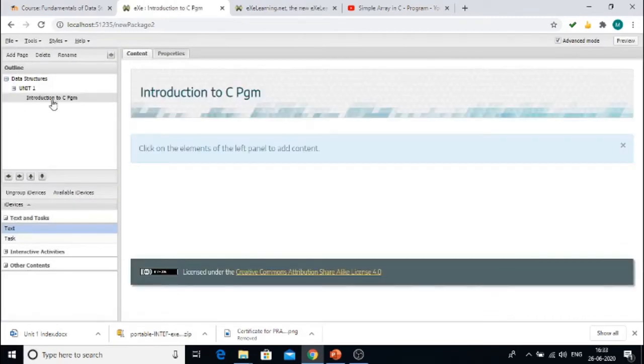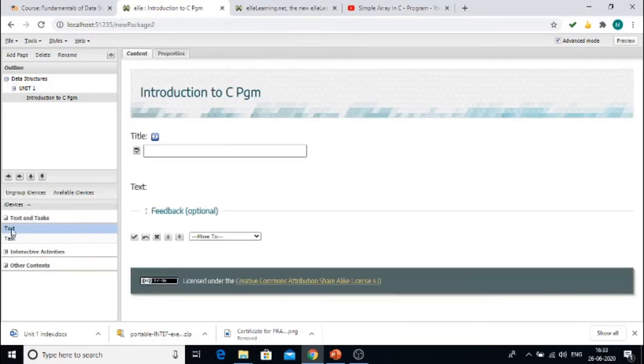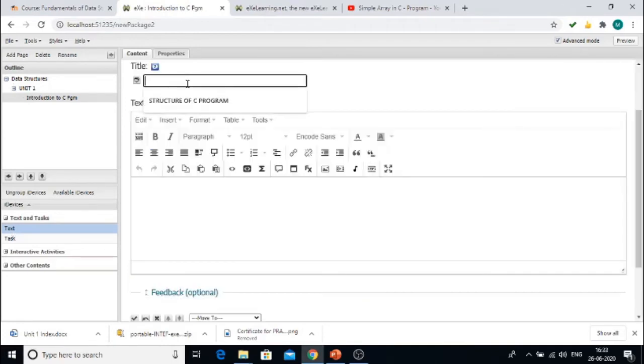Inside the introduction to C program section, now I want to add some text. For that you have to come down to iDevices and select text. Once you select the text, you have to give the title. I'm going to give the title as structure of C program.